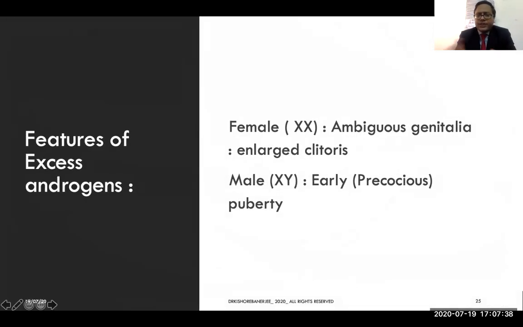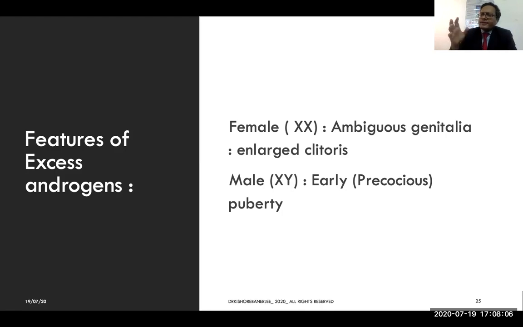And as I mentioned, features of excess androgen, because in this 21-hydroxylase deficiency, excess androgens are produced in the zona reticularis. So excess sex steroid hormones. So obviously in the female, they will be presenting with ambiguous genitalia because testosterone levels are elevated. There will be an enlarged clitoris, and in the males, there could be early puberty. This is a point you need to know. And the other features are low aldosterone and low